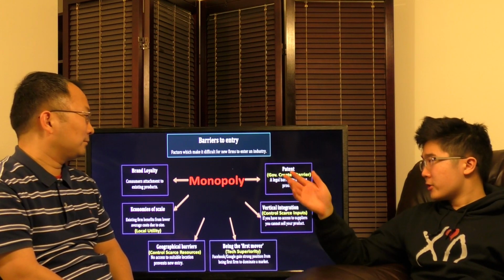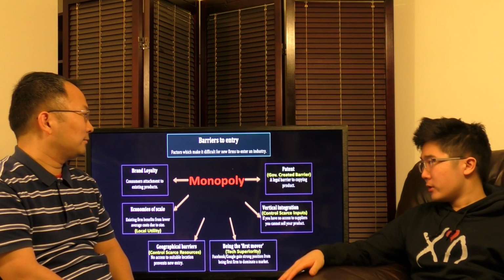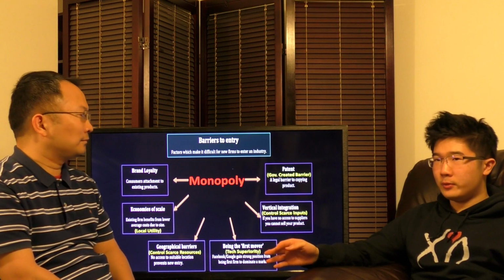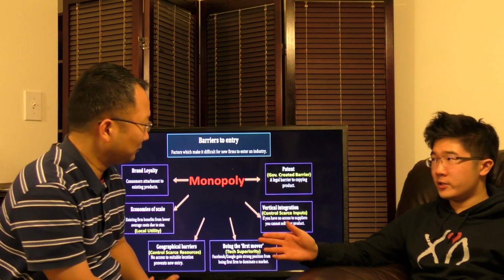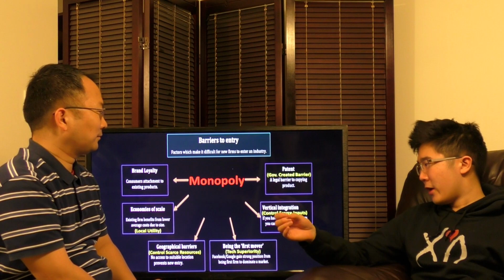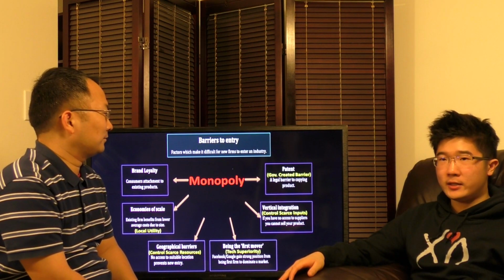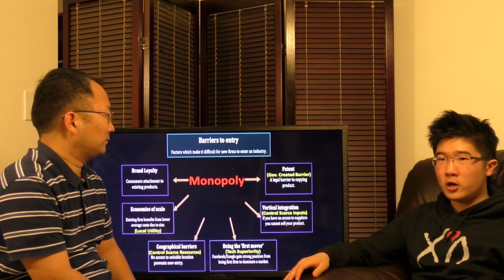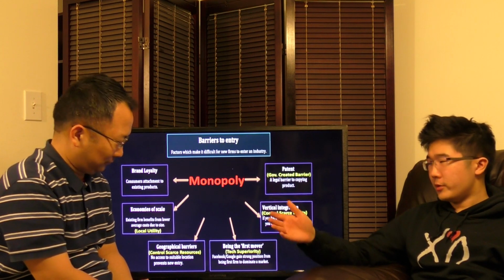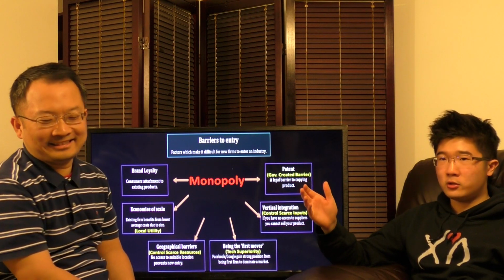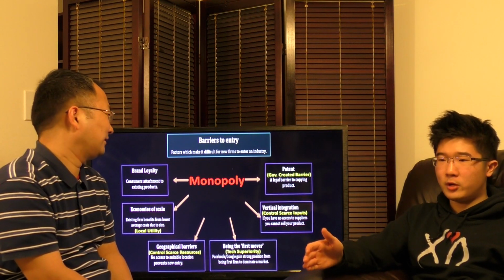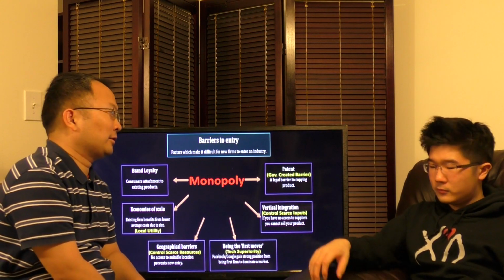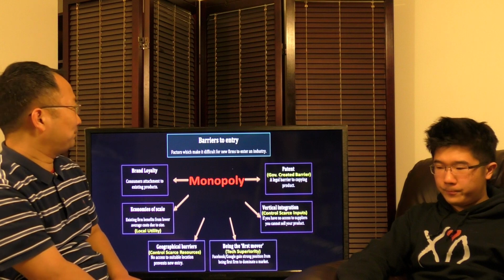Absolutely. Patents, government create barriers. Basically, with patents, you own your intellectual property. We see this a lot in pharmaceutical industries, for instance. Vertical integration: you have access to the complete chain of supply, leading to overproduction of the final product. We see this historically with Andrew Carnegie and his steel production. Carnegie controlled all the supply and production of steel throughout the entire production process. He owned the entire process, basically. Or today, it's like De Beers, right? The diamond company from South Africa.